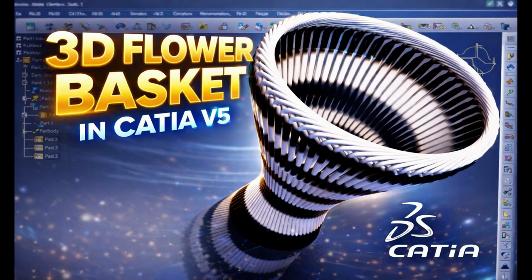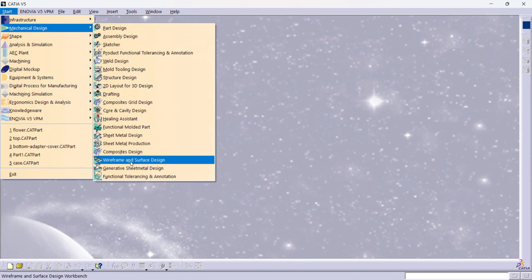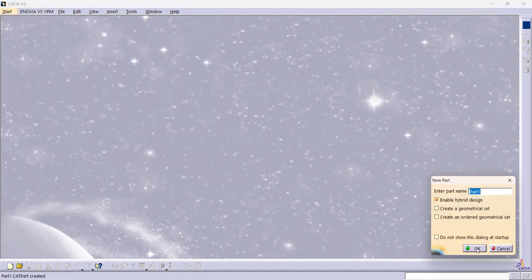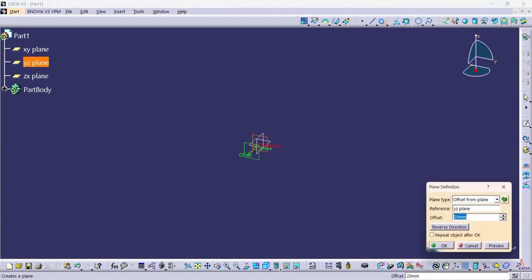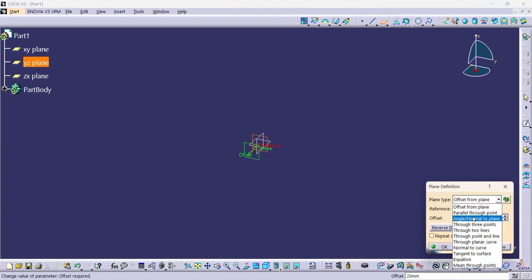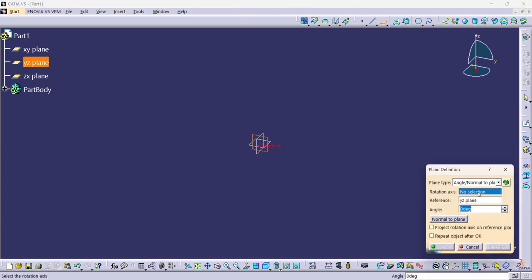Making the 3D flow with CATIA design. Okay, go to Design, Mechanical, Surface, select the part, and select the plane, the XY plane. Okay, rotate it with angle reference, rotated axis, and 10-degree rotation. Okay,